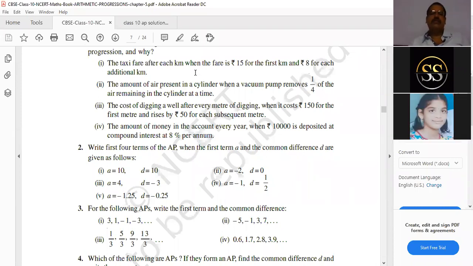The sum of the first n terms of AP is S equals n by 2 of 2A plus n minus 1 of D. Yes. Good. Next. The sum of first n positive integers is Sn equals n of n plus 1 by 2. Very good. Next, 3 more left. Good.